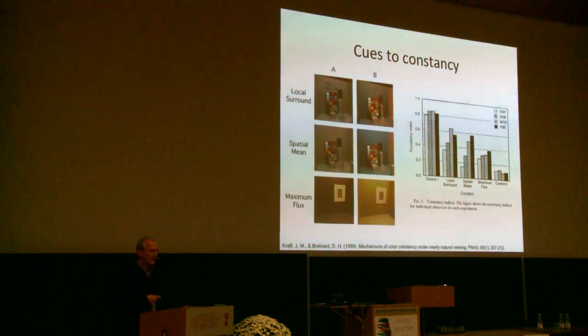Another drawback, of course, with achromatic matching is that it's a bit awkward to talk about color constancy when the only color the observers ever adjust is gray, and basically they make the patch look as if it doesn't have any color. So we cannot do the same experiments with red or green or whatever. And at this point,